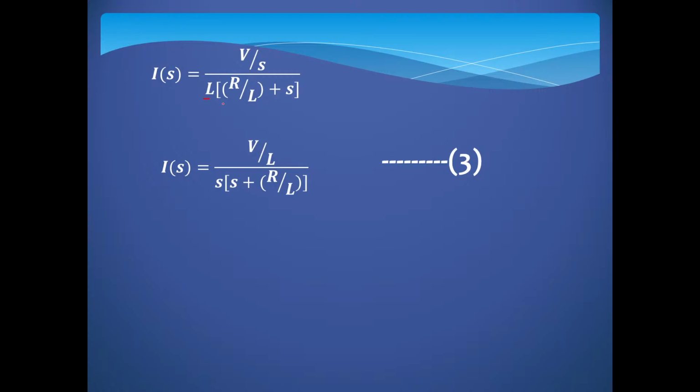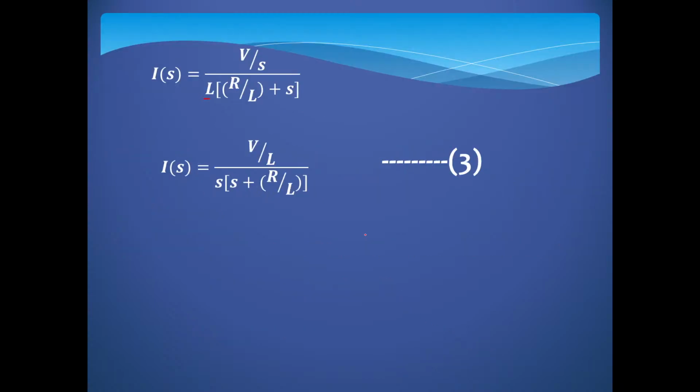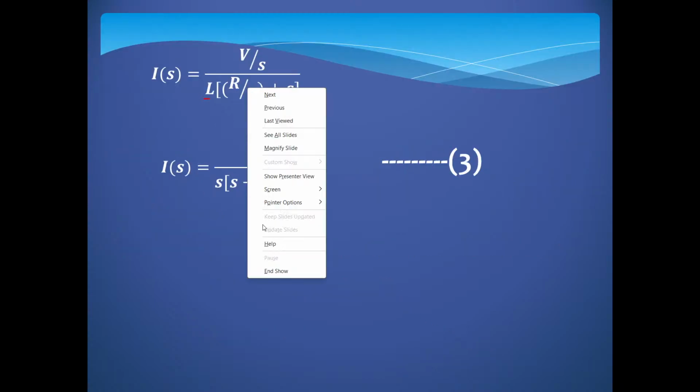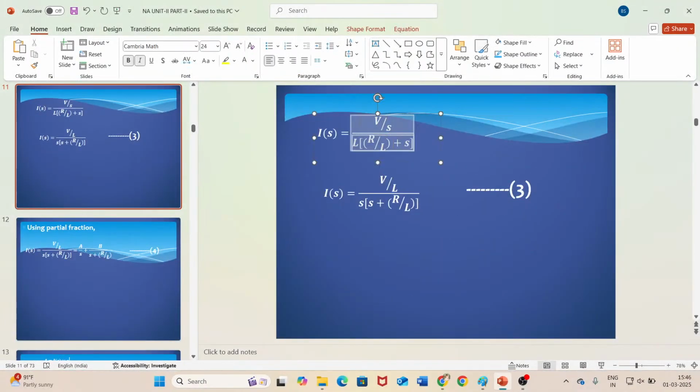Okay, so R by L plus S you will get. Here I have interchanged the positions of S and L, because in this equation V by S is there. So you can rewrite it actually. You can write the above equation, this first equation, as,